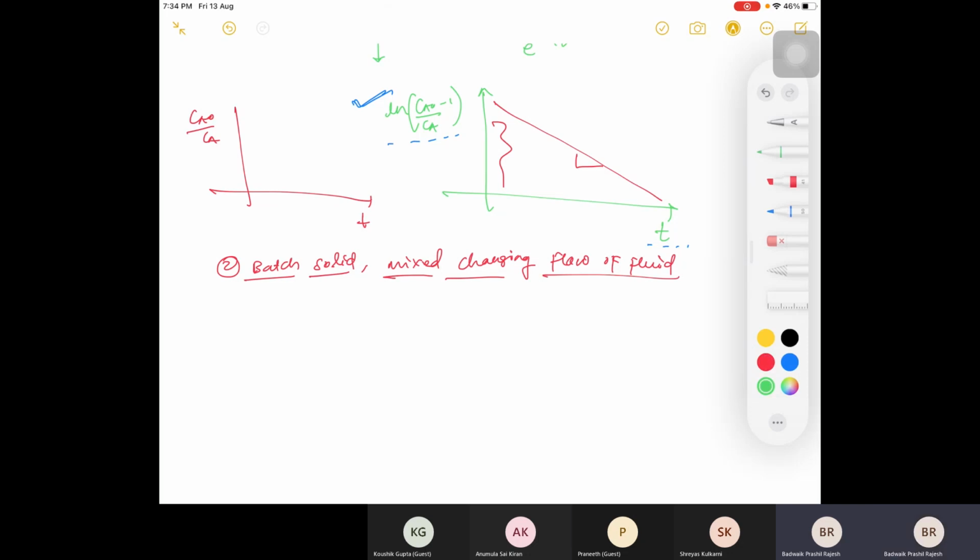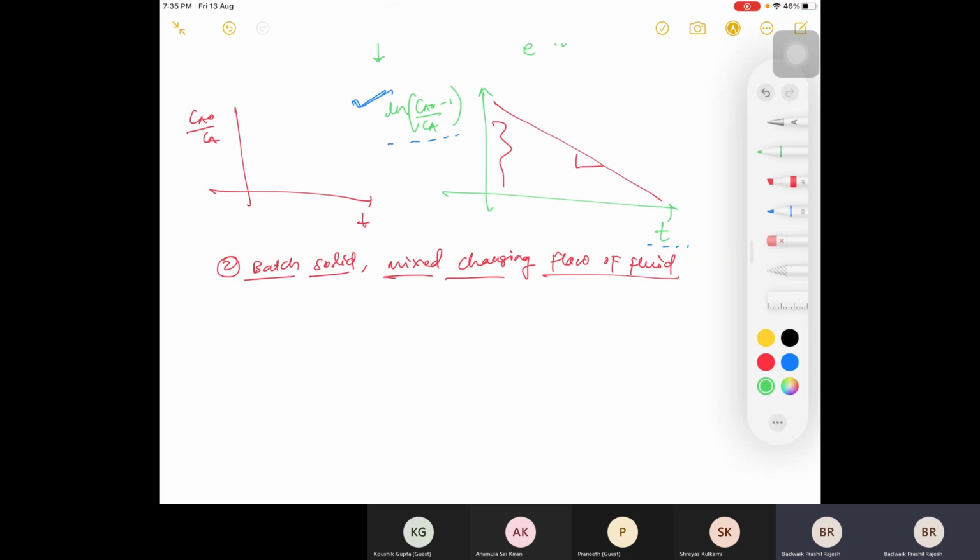Should I go forward? Sir, can we have this tomorrow? Batch solid. Okay, we can, but I need to finish the syllabus by tomorrow because I have planned to complete fermentation and then catalyst. Tomorrow we can take more time. Today we are exhausted with all the classes. Okay, so we'll stop here. Don't need to worry. Maybe we'll start it tomorrow.